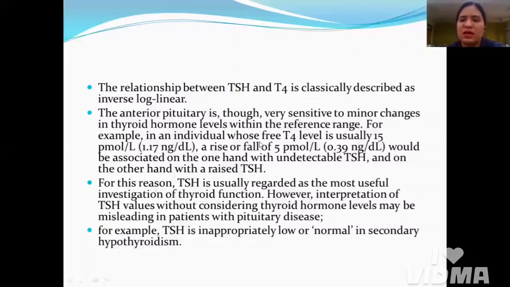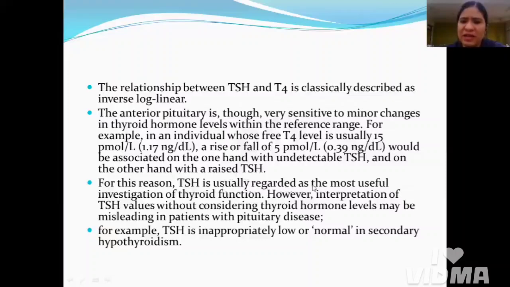अगर किसी individual का normal जो है वो अगर 15 picomoles रहता है, तो अगर 5 picomoles उसका increase हो रहा है, ठीक है, free T4 levels अगर उसका increase हो रहा है तो क्या होगा, TSH will become undetectable. ओके, इतना ज्यादा जो एंटीरियर पिट्यूटरी सेंसिटिव होती है, अगर थोड़ा सा भी राइज हो रहा है तो वो TSH अनडिटेक्टेबल हो जाएगा, सप्रेस हो जाएगा. और अगर 5 पिकोमोल्स फॉल हो रहा है, तो वो क्या हो जाएगा, दैट विल कॉज रेज्ड TSH, उसमें TSH इंक्रीज हो जाएगा. फॉर दिस रीजन